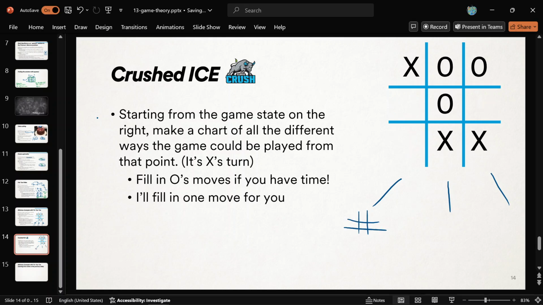So what would the game board look like if X went here, let's say? It would be X, O, O, X, right? The O still there, and then XX. And then there would be 2 others, right? And then you'd want to play the game for O after that. O has 2 spots to go to, so try those both out. And then there's more down further, right? Because X needs to go one more time as well. So think about that for a second, and then I'll fill it in, okay?